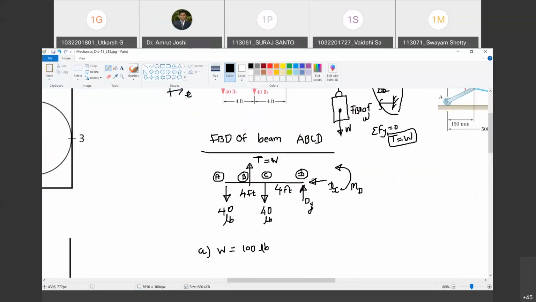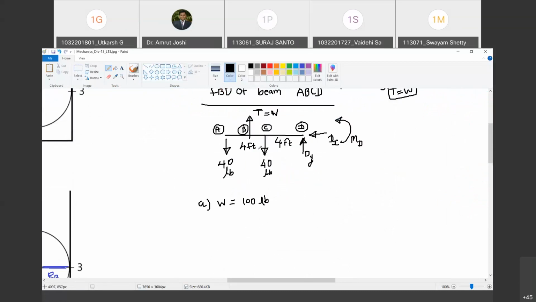So what is the reaction at D? Reaction at D has three things. One is Dx, Dy, the resultant force basically, so Dx, Dy and moment. These are the three things that the reaction at D has. So let us try to determine those. How do we do that? Summation Fx equal to 0 is the first equilibrium equation. This is to be applied to the free body diagram of the beam.